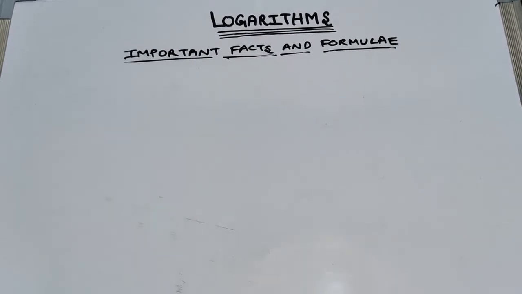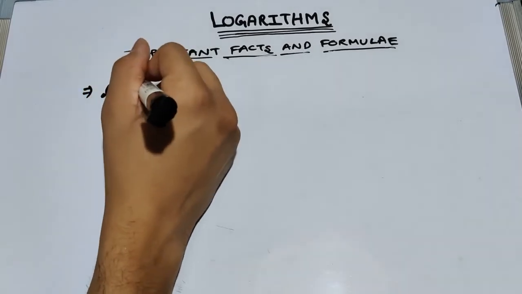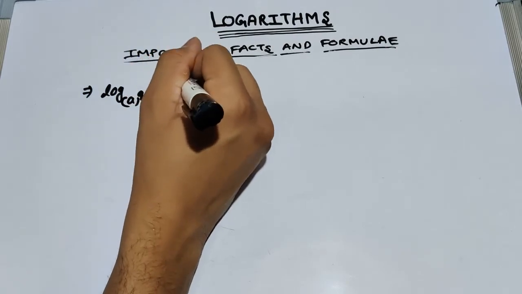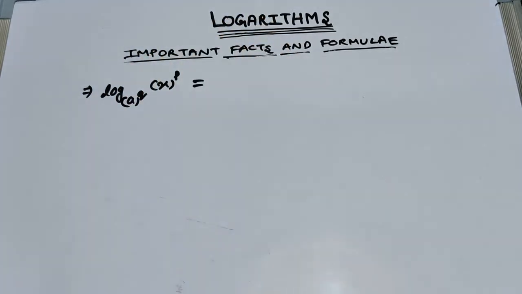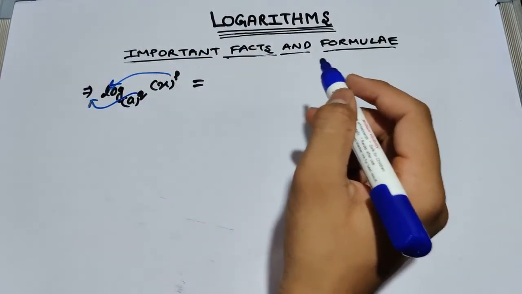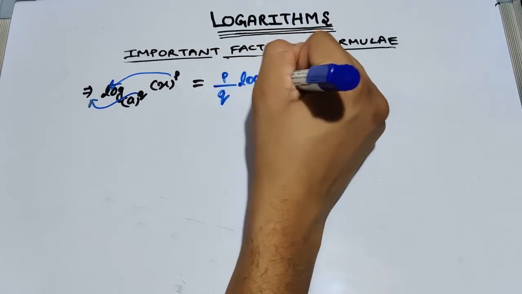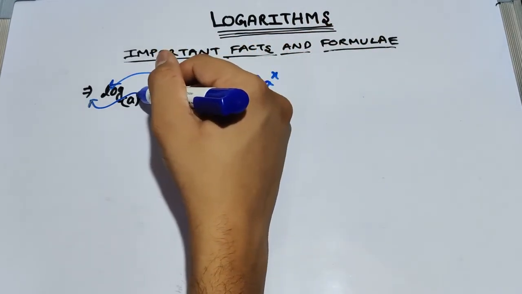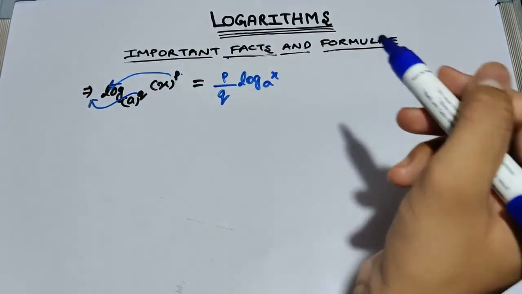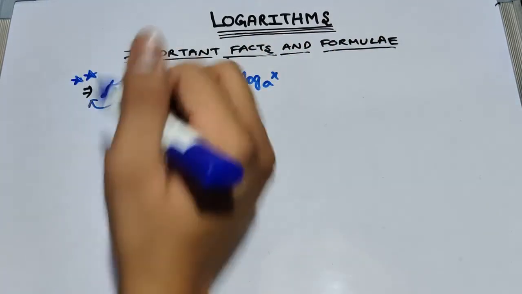Now our one and only final property which is left is log of x to the power p, with base a to the power q. This can be written as p will come here as we saw earlier and q will come as a denominator. So it will be p upon q log of x base a. Whatever is in the power of the base comes as a denominator and whatever is in the power of x comes as a numerator. So it will be p by q. Remember this property, it is also a very important property.